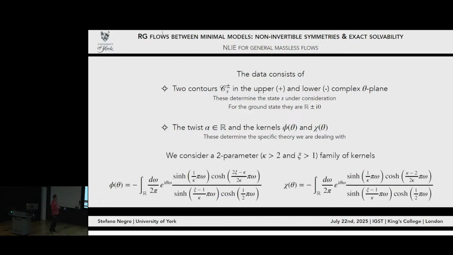And what we did was to conjecture a two-parameter family of kernels, which are these ones. And I conjectured them following a number of arguments. I wanted them to be bounded. I wanted them to define functions and not distributions. I wanted them to have this cosh, because this cosh reproduces the bulk energy. So there are a number of assumptions that go into that. But crucially, I didn't assume them to reproduce the known kernels for the DDV for phi 1,5 or for phi 1,3. Okay? This is something that I found out later that it's the case.